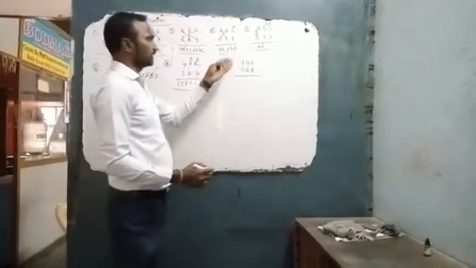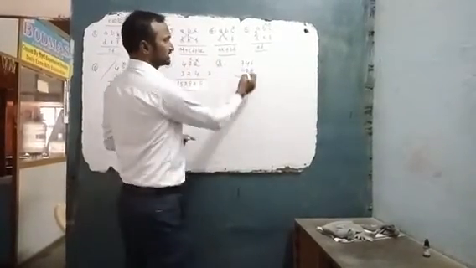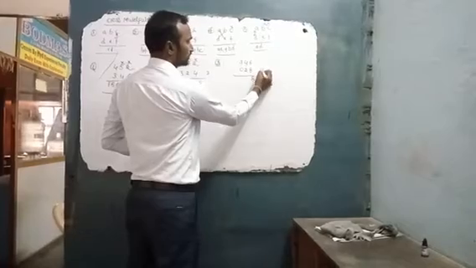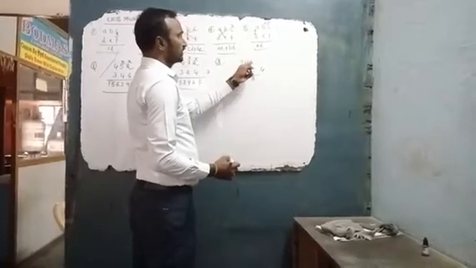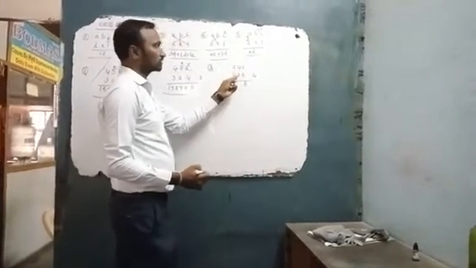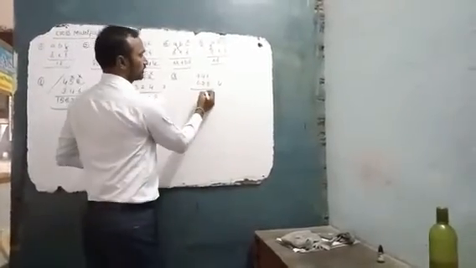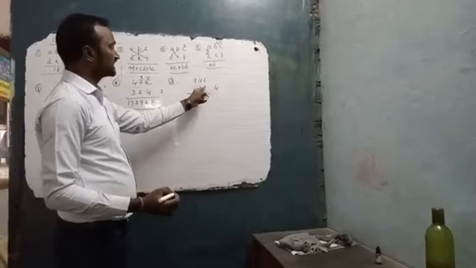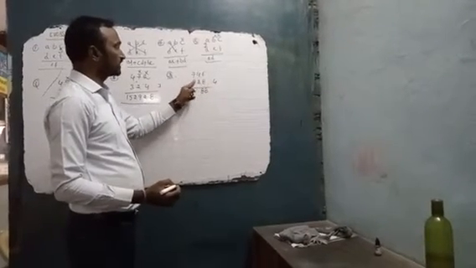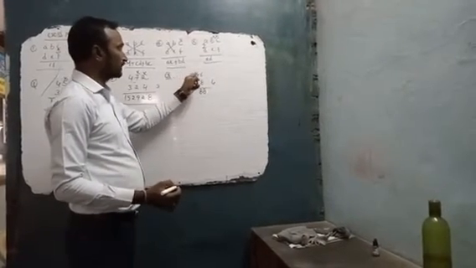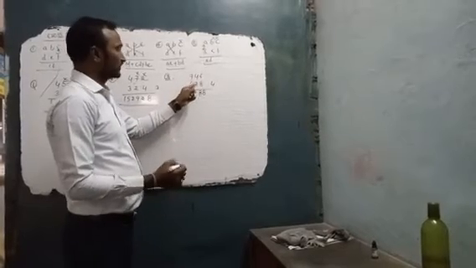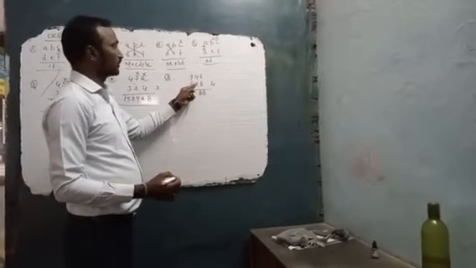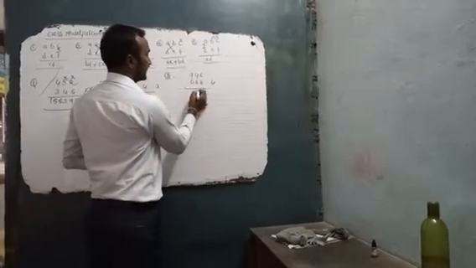We will see. Repeat the same steps. 8 6s are 48. Carry is 4. 8 4s are 32, 6 2s are 12. 32 plus 12, 44, plus 4, 48. Again carry is 4. Now the third step is 8 7s are 56. 6 into 0, 0. 56 plus 4 2s are 8, 56 plus 8, 64. 64 plus 4, 68.